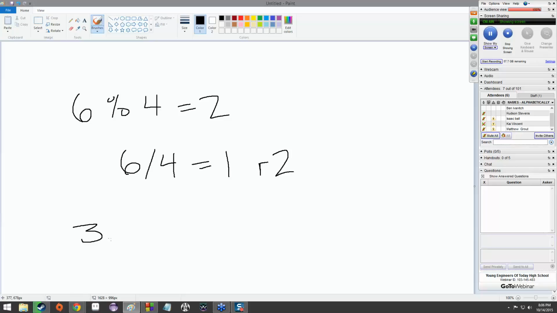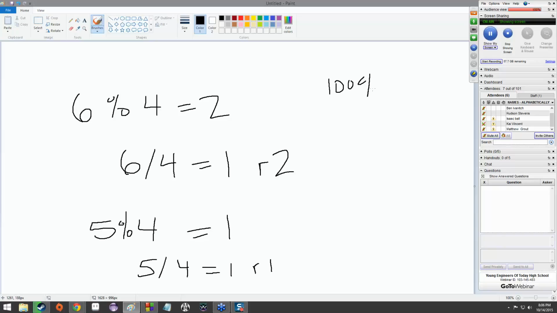Likewise, 5 modulo 4 is going to be 1, because 5 divided by 4 is 1 remainder 1. So you get where I'm going with this. Let's go 20 modulo 3 is equal to 2, because 20 divided by 3 is equal to 6 remainder 2.